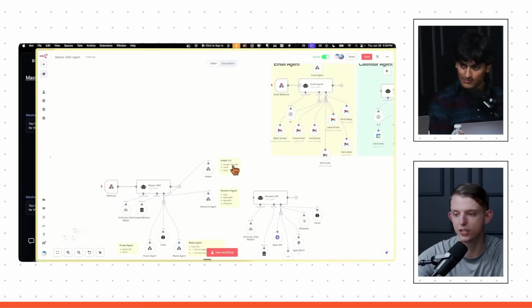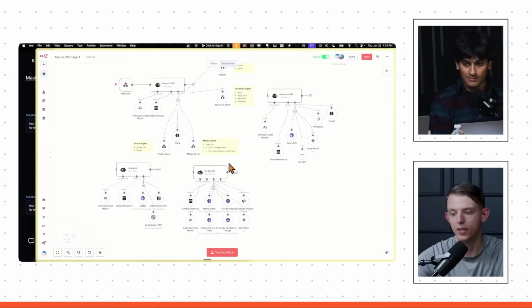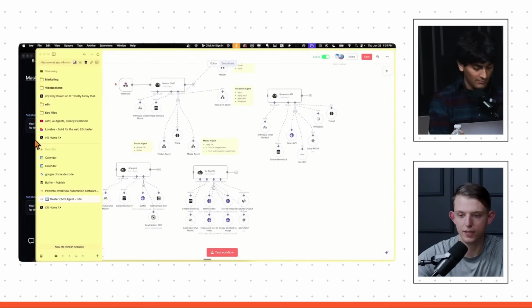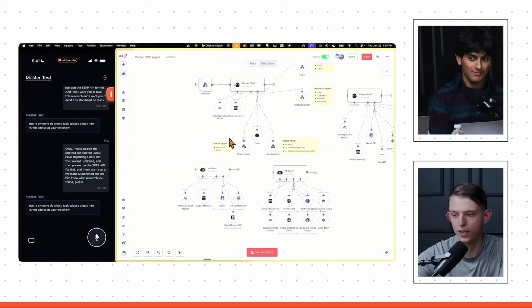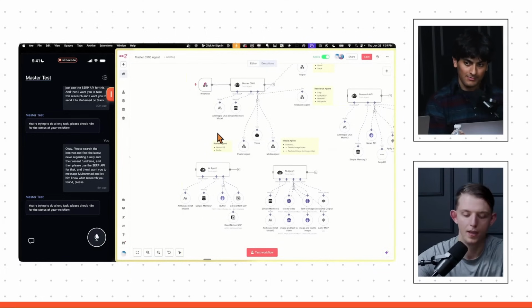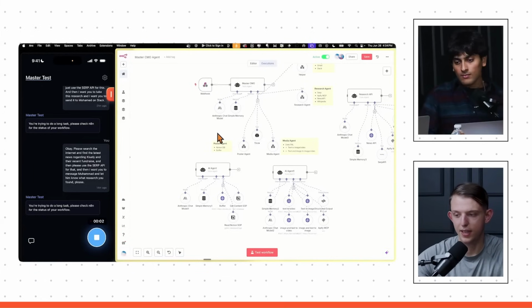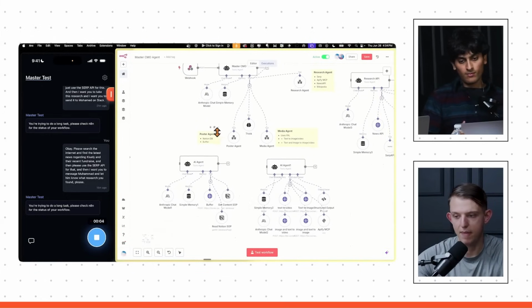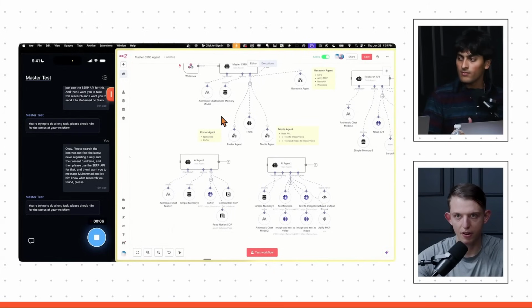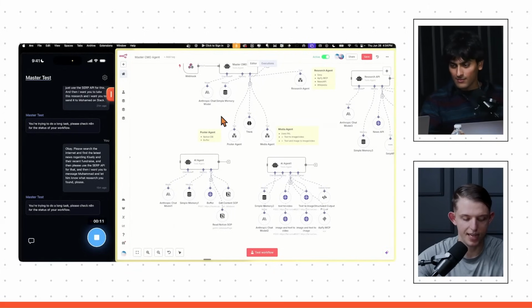So what we can do now, let's do a mixture of step 3, which is the media agent, and then let's go back to helper. So what we can do here is I am going to give this a test on my phone here, and we can say, please generate an image of a man staring at the camera, holding his phone, and have some text on the screen saying, "Oh my God, this is insane."